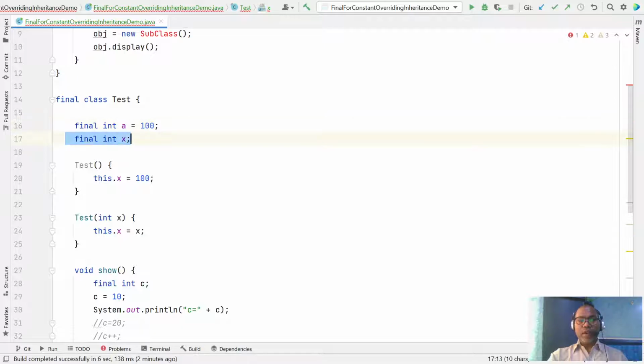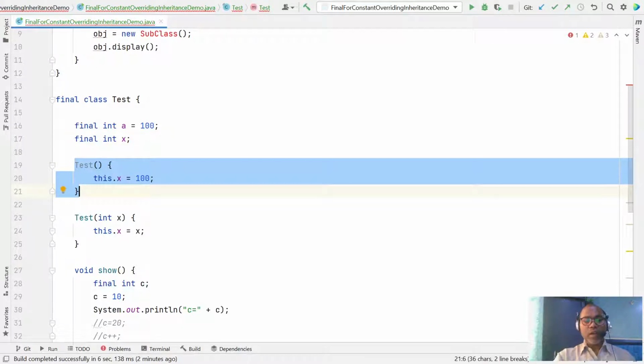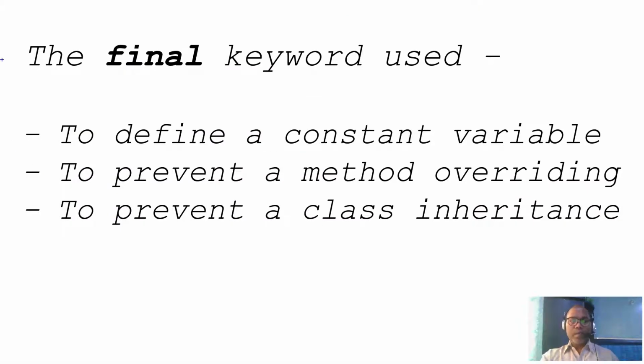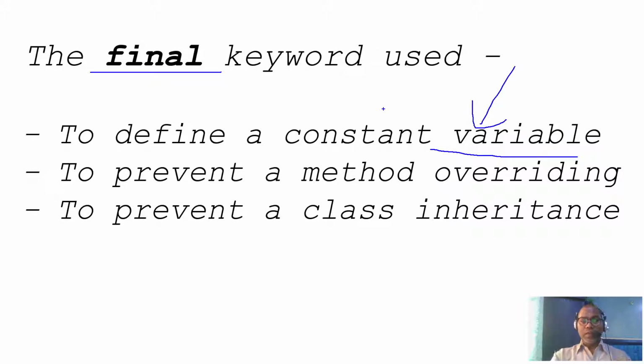If you declare a final variable but do not initialize it at the time of declaration, you can initialize the final value in the constructor. So these are the three major use cases of final. When final is in front of a variable name, that variable is a constant, and its value is initialized only once.